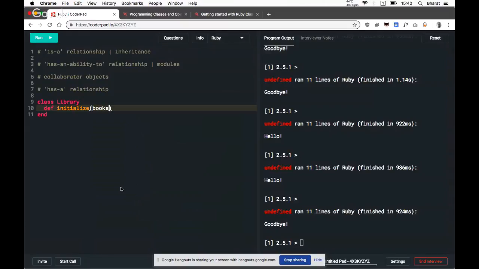let's say we have a thing called books. Let's say we initialize nothing. Maybe we come up with a hash for this.